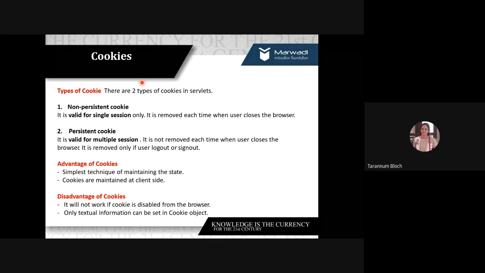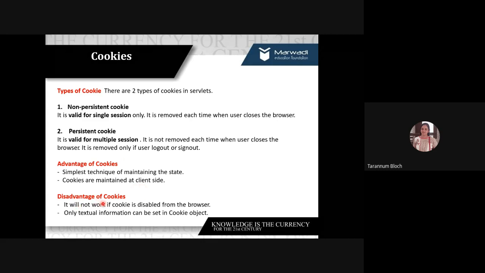This is a very important concept, so try to learn it in a clearer way. In an interview, you may get a question like this. If we discuss the advantages of cookies, cookies are a very simple technique to maintain the state, in the sense of maintaining the data of a user. And cookies are maintained at the client side, as a few minutes ago Swati, Anand and Sakshi said that it is saved at the client side. That's absolutely right, and it is an advantage.